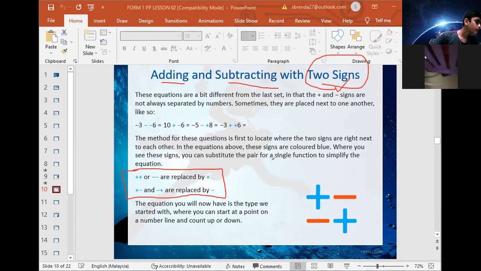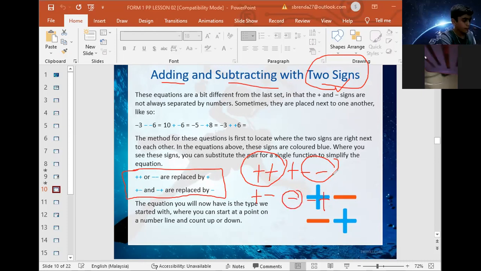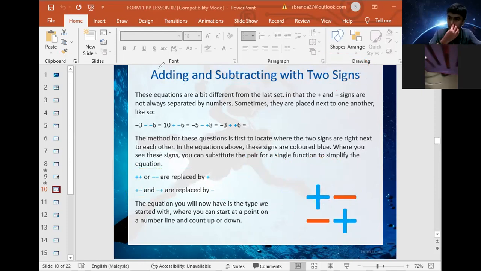What does the rule say? The two signs, if both the signs are positive or if both the signs are negative, then you replace it with a positive sign. Okay, if one sign is positive, the other sign is negative, or the first sign is negative and the second sign is positive, then you replace it with a negative sign. Do you understand? Okay, well, we will do more examples and you can practice. Okay, now let's move on to